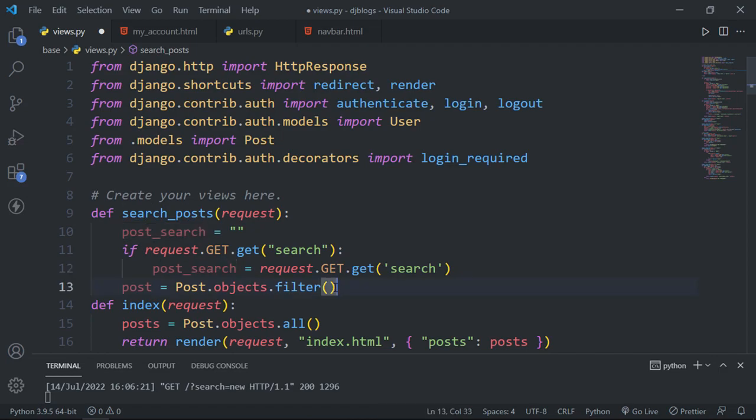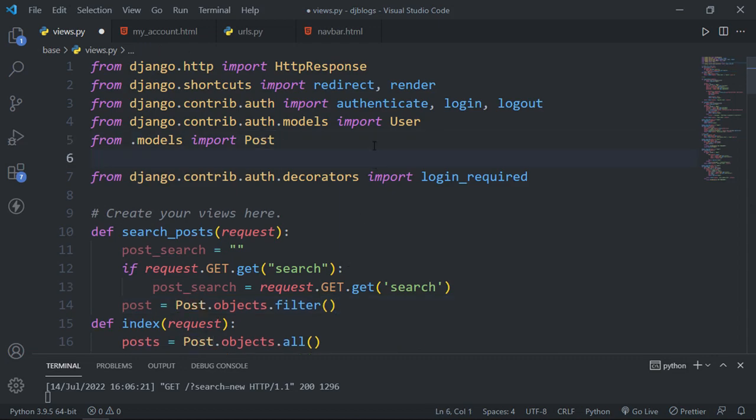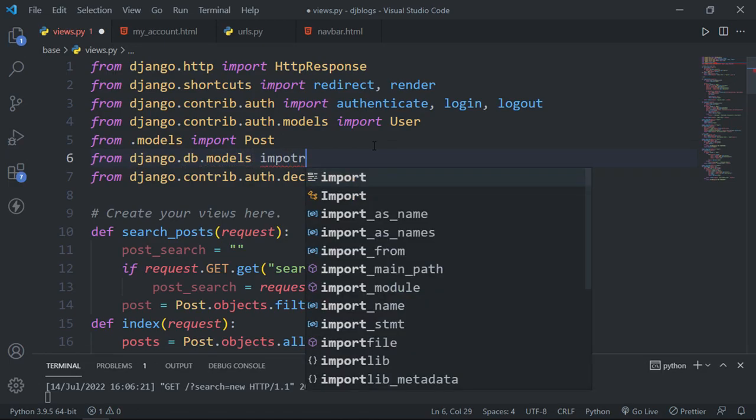To do that, we will first of all import something which is Q. So I will type here from django.db.models import Q,